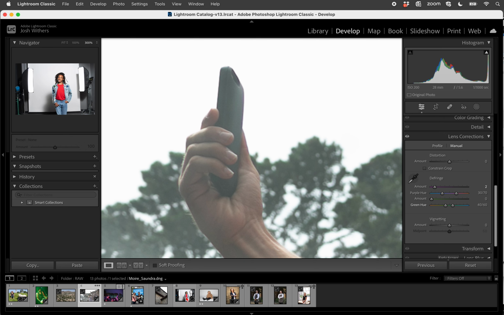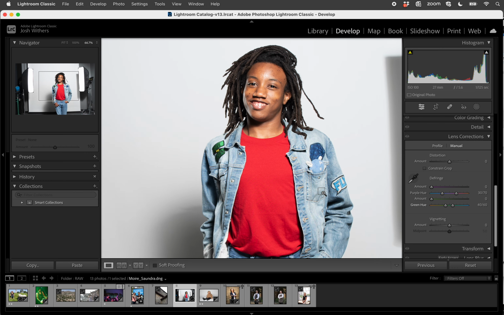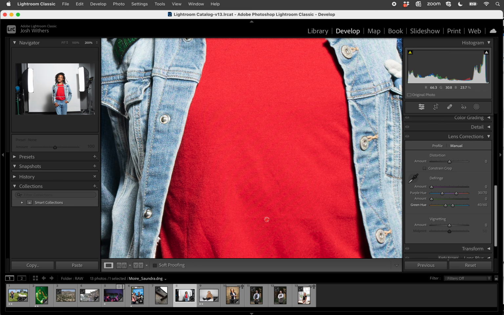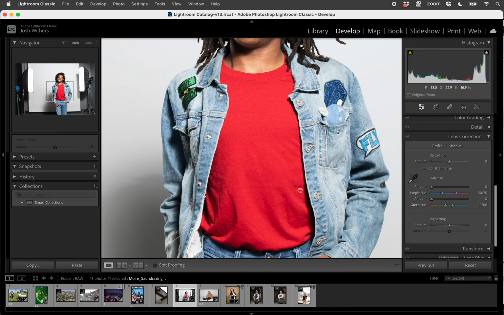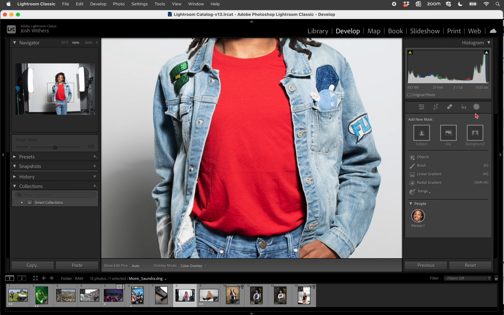So moving on to another artifact that happens in digital technology is something called Moire. This is a pattern where the frequency of your sensor versus the frequency of a fabric or pattern, they start to conflict and you get these lines or swirls throughout your image. In this case, there's all these lines running through this. Now, the only place you can correct this is through Lightroom's masking or Adobe Camera Raw's masking if you are